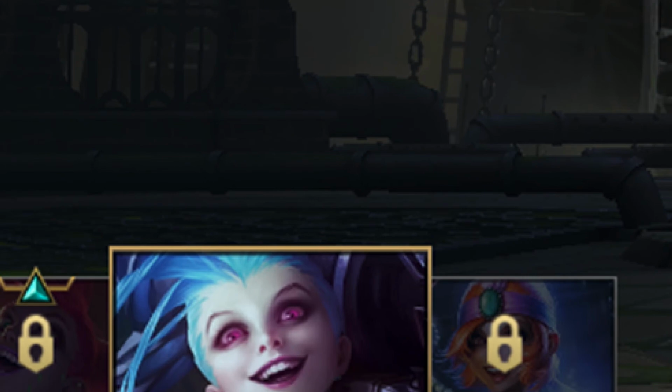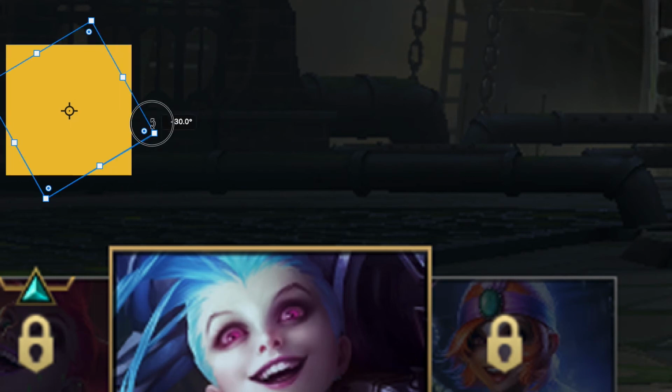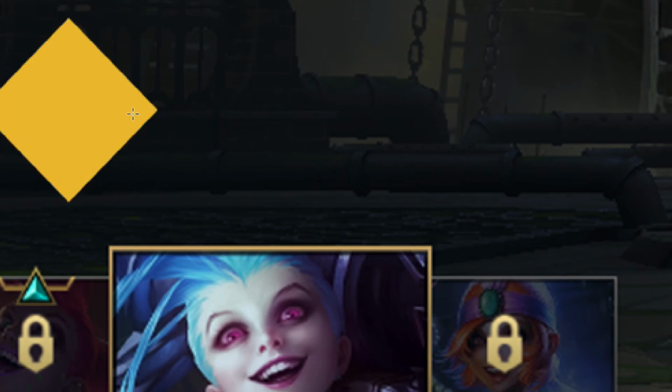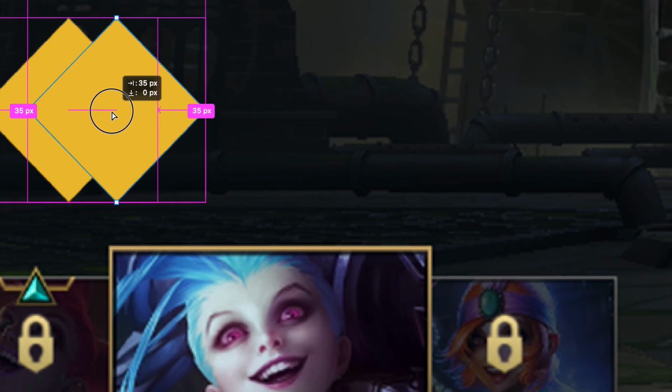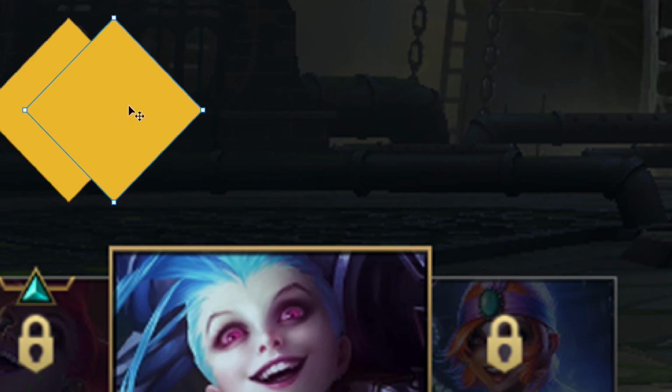So I'm just gonna call this arrow. Okay, and we're gonna do the same design what we did on the top. So just rectangle tool, rotate it. There we go. And then I'm just going to hold down the Alt key just to make a copy of this, like that. Okay,